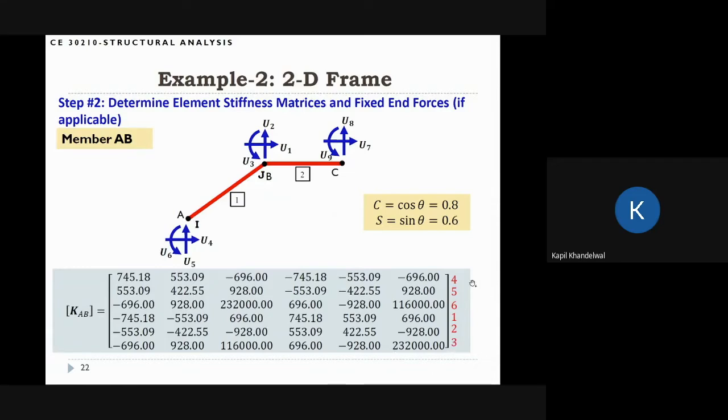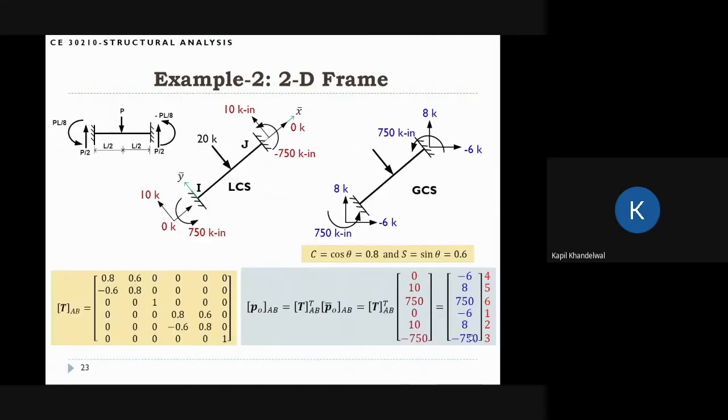And this is the stiffness matrix for this member. Because there is a load acting on this member, we also have to find the fixed end member forces for this member. So there is a 20 kips force acting. If we do the algebra and find the fixed end forces, it turns out,